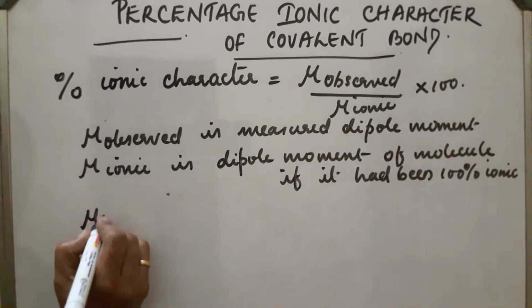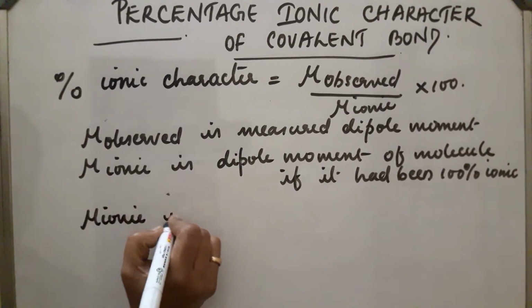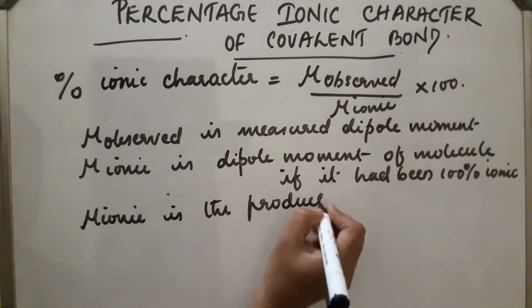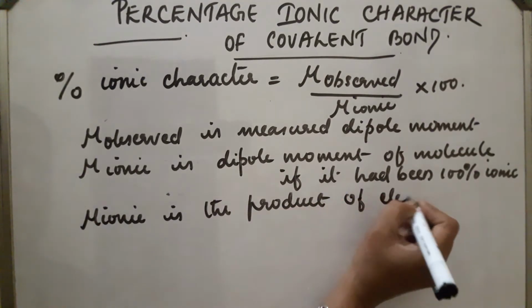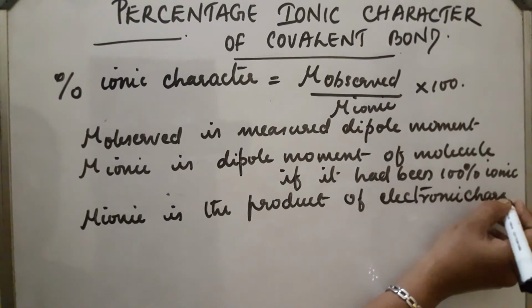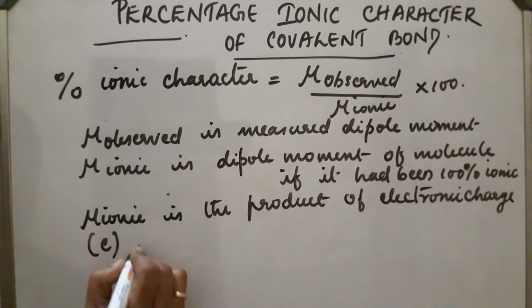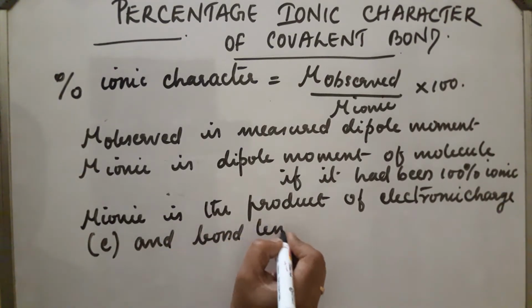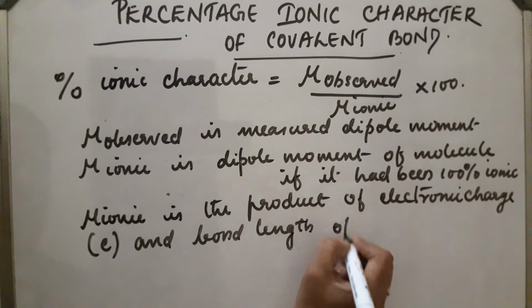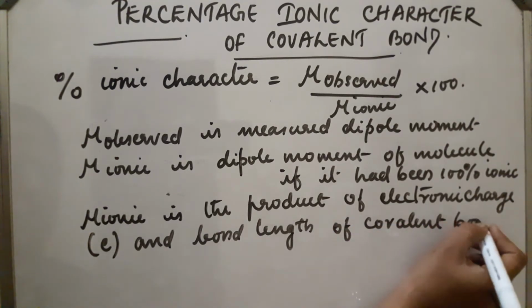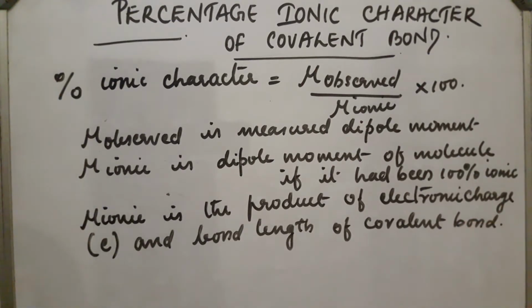So mu ionic is the product of electronic charge e and the bond length of the covalent bond. And electronic charge e will be equal to